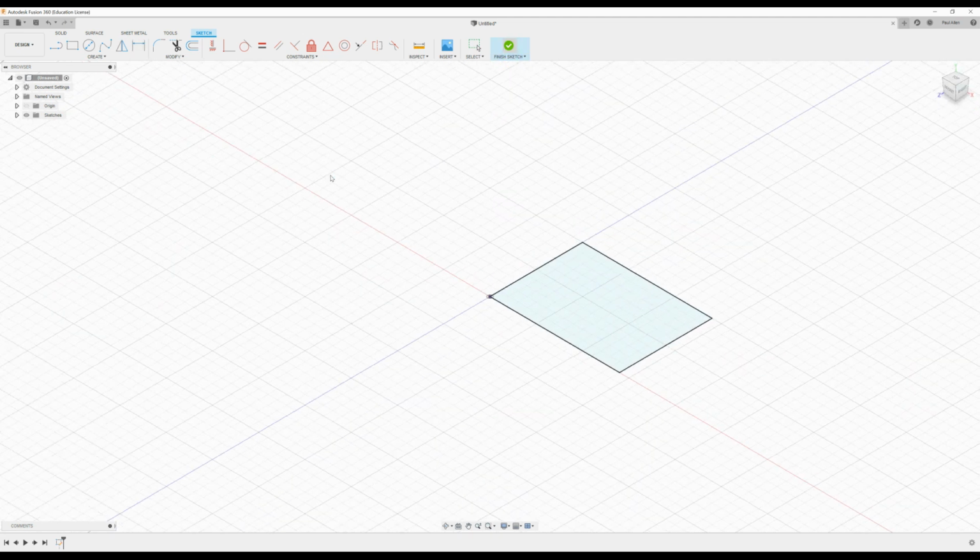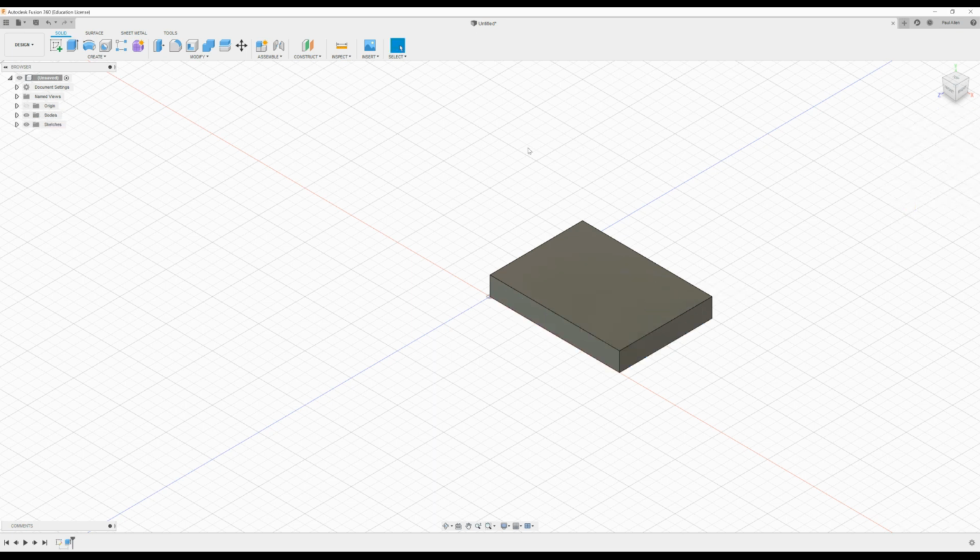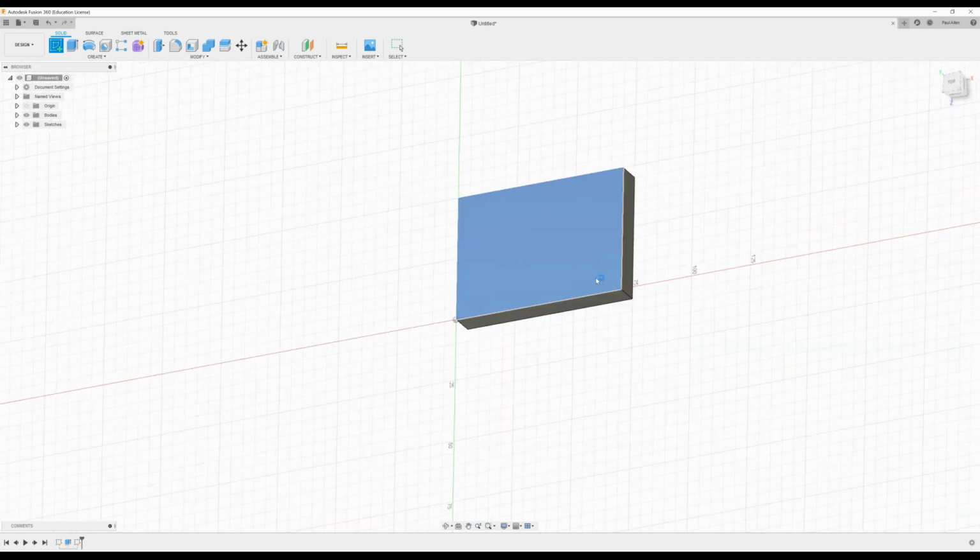Then you finish the sketch, and you can either press extrude or press E on the keyboard, and then you can pull up your piece. So pull it up to 10 millimeters and press OK. And now I want to do a new sketch on the top. So again, I just press on the top,